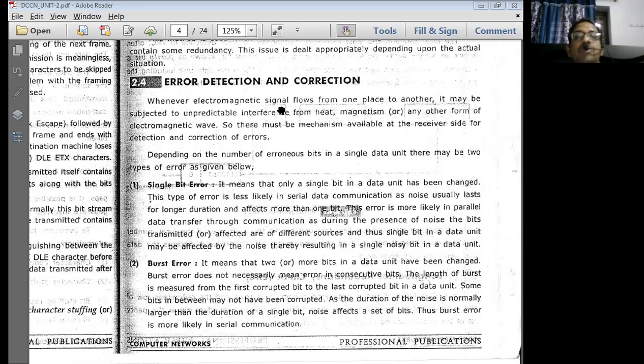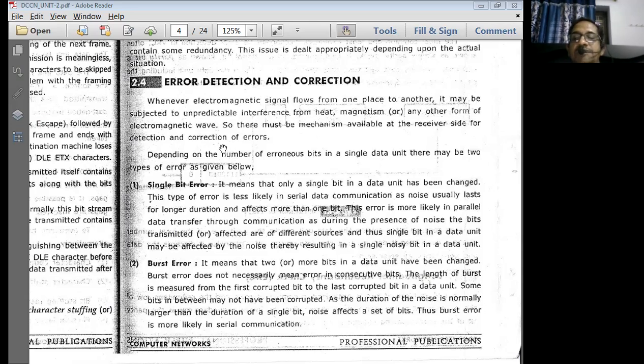What do you mean by electromagnetic signal? It is nothing but a radio signal. That means the signal is transmitted through air without a wired medium, so it is totally an unguided medium. The signal transmitted through an unguided medium may be subjected to unpredictable interference from heat, magnetism, or any other forms of electromagnetic waves.